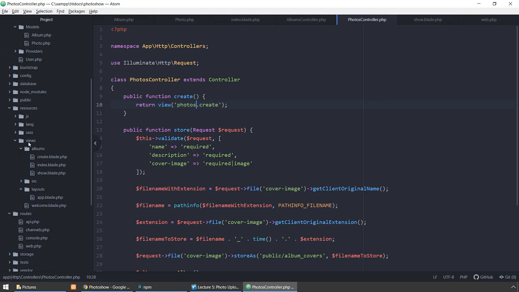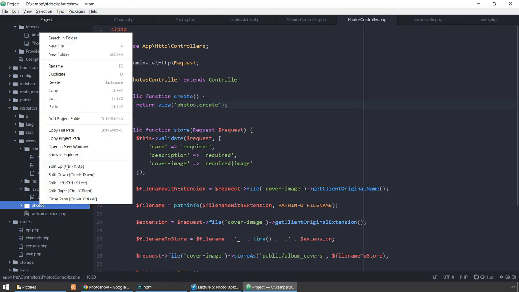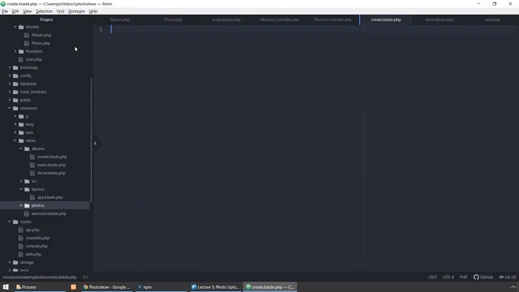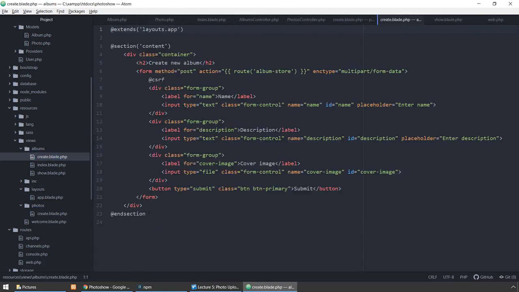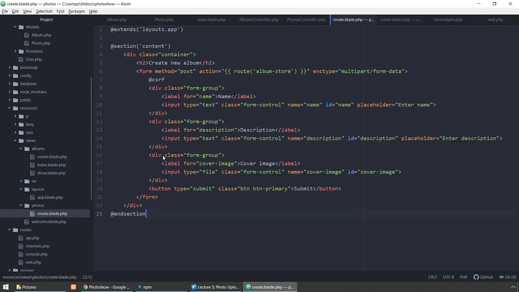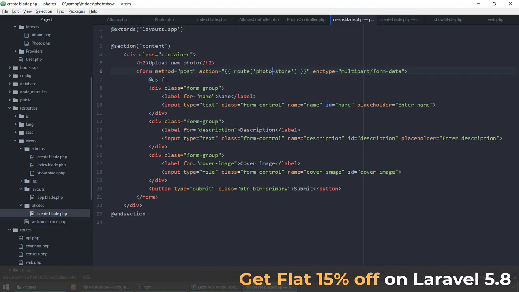And let's just create a new folder just called photos with the new views. So create.blade.php, which has nothing to do with the create.blade from albums. Okay, let's just copy the contents. And we need to change the create new album by upload new photo, and this is going to be photo store. We have this CSRF,